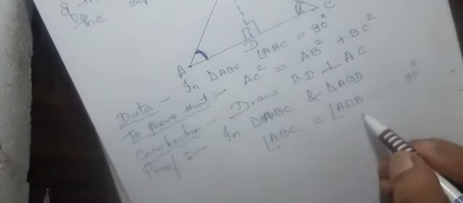You see here now, angle ABC, it is 90 degrees. In triangle ABC, angle B is 90 degrees. That we are going to write first, angle ABC. And in triangle ABD, angle ADB is 90 degrees. So both these are equal to each other. So angle ABC is equal to angle ADB. Both of them are 90 degrees. Okay, in those two triangles, we want to show that they are equiangular. Then only we can say that they are similar. So angle ABC is equal to angle ADB.